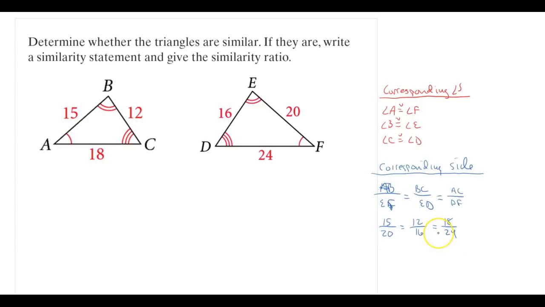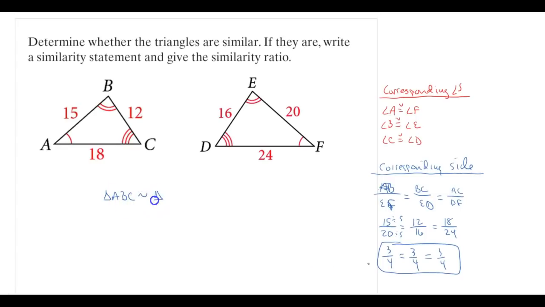Now right now we cannot tell if these sides are proportional, but what we could do is reduce the fractions. I could divide 15 and 20 by 5, which reduces to 3/4. 12 over 16, 12 and 16 can be divided by 4, which gives me 3/4. 18 and 24 can be divided by 6, which would give me 3/4. Are the ratios of all the sides equal? Yes. That means the sides are proportional,